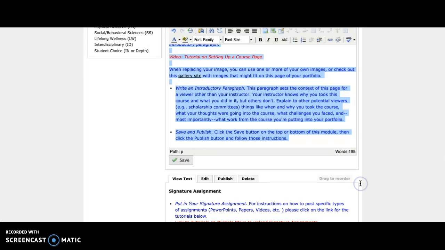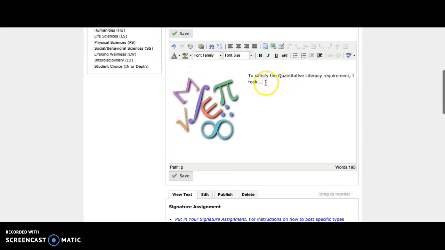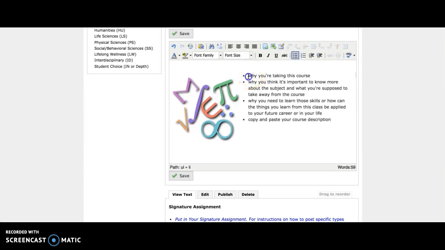Then you can select your instructions and delete that. Now what we want to do is either finish this sentence and keep writing about why we're taking this course, or you can delete this and talk about why you're taking this course again. But you don't have to have that sentence if you don't want to. You can also talk about why you think it's important to know more about the subject and what you're supposed to take away from the course, or maybe why you need to learn the skills that this course is teaching you and how it can be applied to your future career or in your life. So you can go ahead and